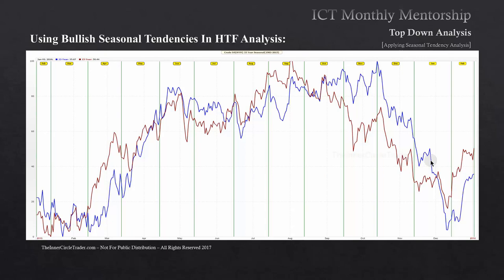Okay, so now we're going to look at a market that's closely related to Canadian dollar. Its number one export is crude oil. And here we have another example, just as a supporting idea. If you looked at this market over here, you would expect to see bullish prices or a rally in the